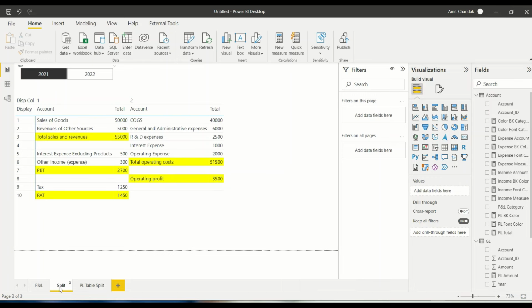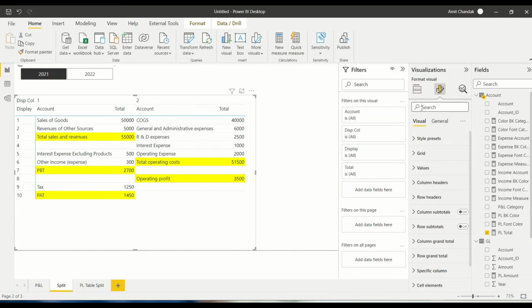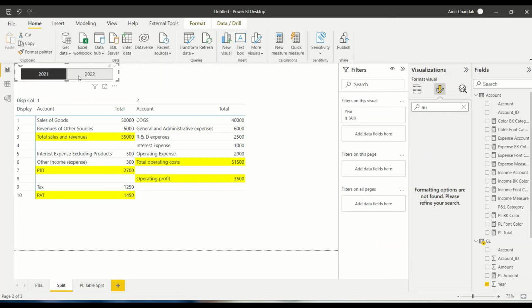Now one more thing which you can do here is you can fix those things a little bit so that they don't change over a year. There is one thing which we can do once I have given this space and everything sorted. You can go here and say auto, and auto adjust size is off. Now what would happen when you switch between the years? This is not going to change the layout much. So go ahead and try this out, and do let me know what else you want me to show in